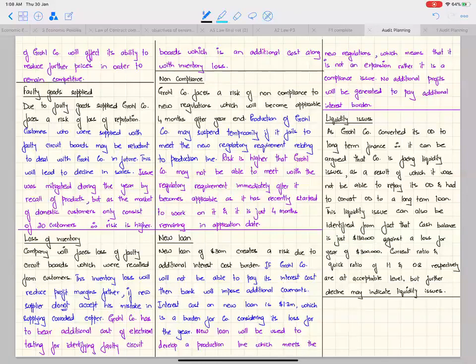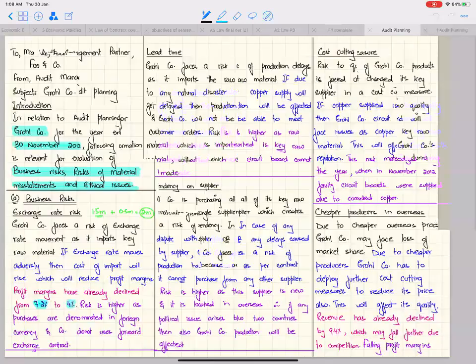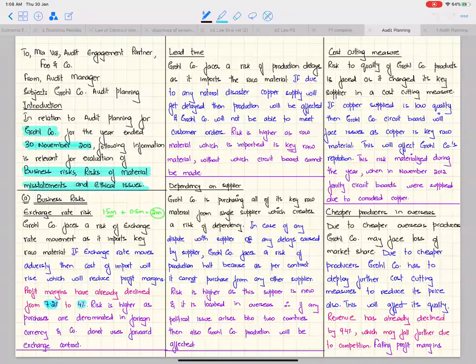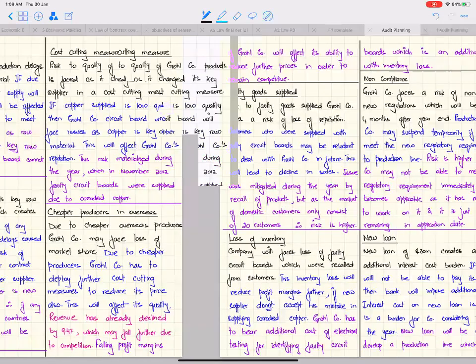Okay. So now we have completed the 10 business risks which we were required to write. In each risk, I have tried to show you the approach of how I am developing the risk. What you need to understand is that this scenario, this question will not come again. But if you know the approach of how I was writing the risk, then obviously you would be in a much better position in the exam. Okay, so we wrote 5 risks here, and then we wrote 5 risks here.